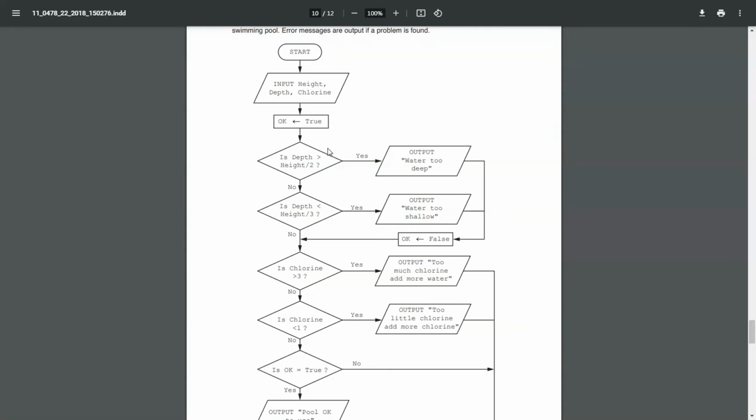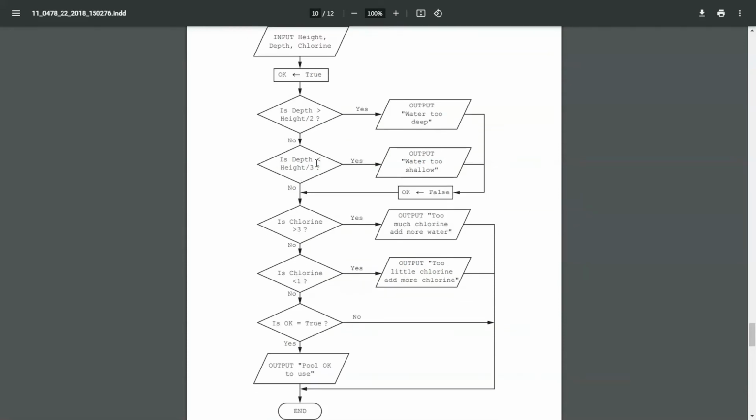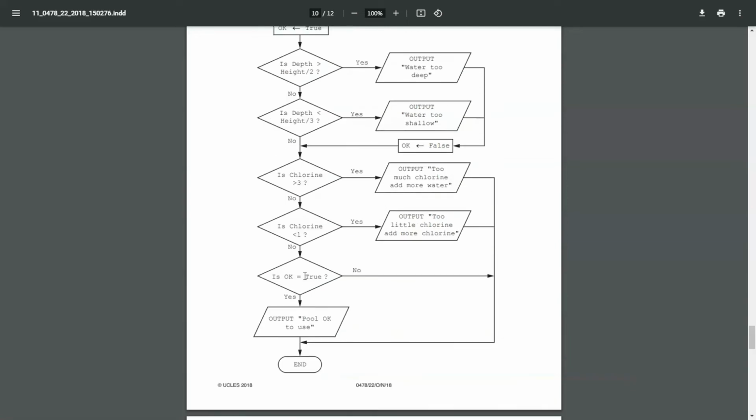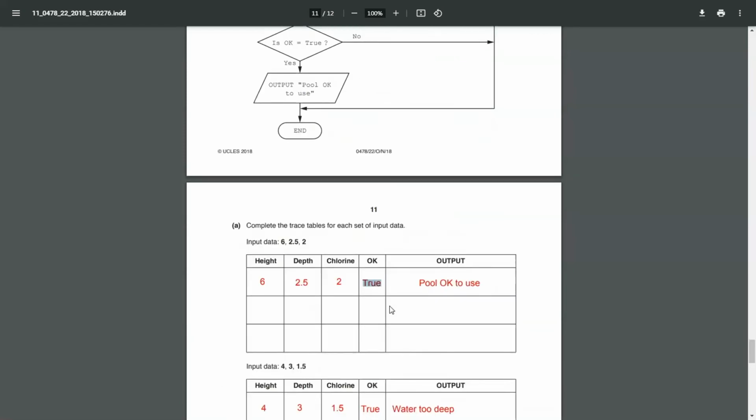So 6 by 2 is 3. So no, it is not greater. And then is depth less than height by 3? No. Is chlorine greater than 3? No. Is chlorine less than 1? No. Is OK equal to true? Yes. So the output should be pool OK to use. And so in the output column we can write pool OK to use.